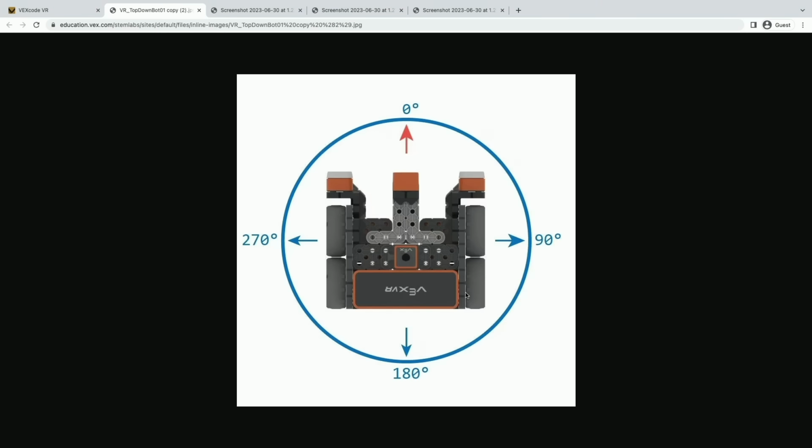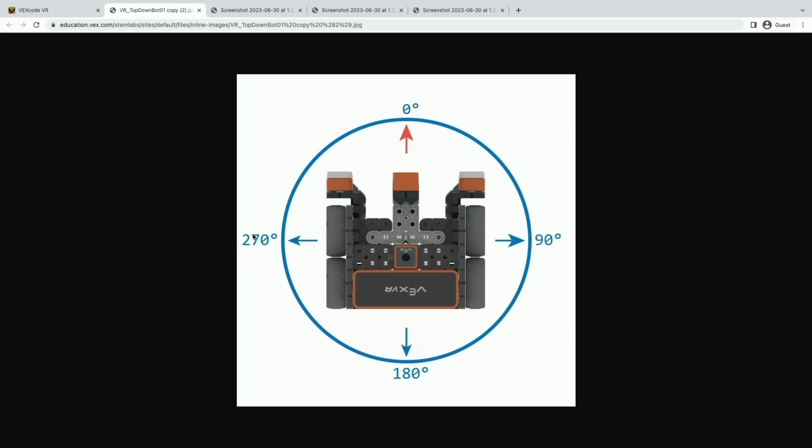So let's talk really quickly about what a heading is. So here we can see our VR robot, and it is surrounded by a circle. And this circle has some degrees on it, and these are called our heading. So our heading is always measured in degrees from 0 all the way to 360, all the way around a complete circle. So if we want to do that 90 degree to the right turn that we were just talking about, that would turn to heading 90. But if we wanted to do that same turn left for 90 degrees that we just did, we could turn our robot to heading 270, and that will turn it there as well.